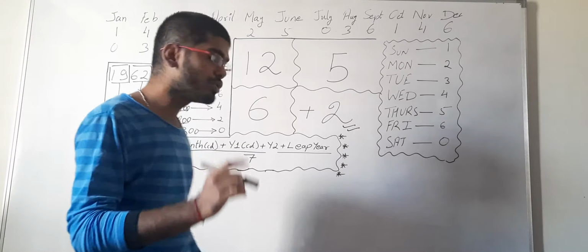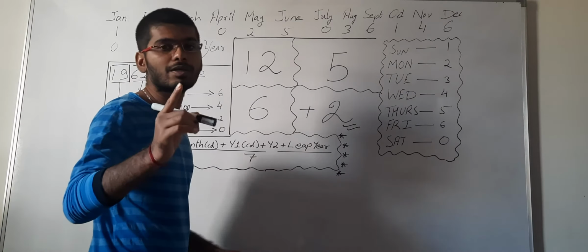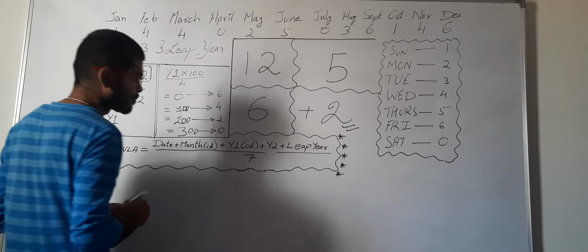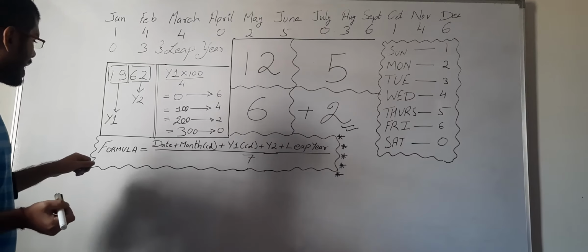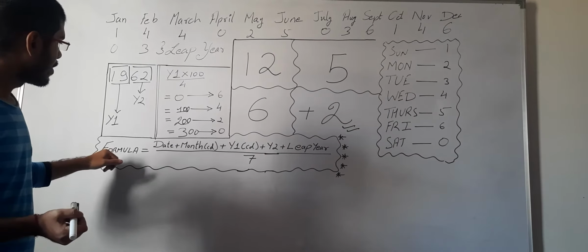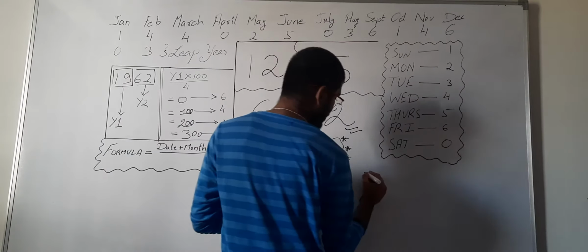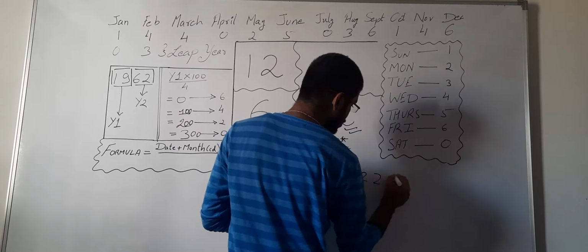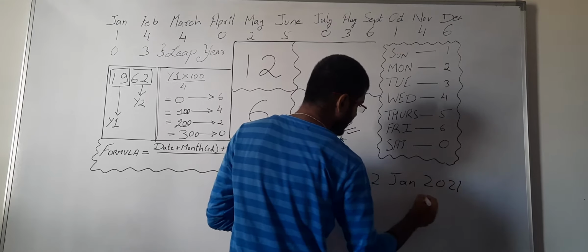Where are we focused on quotient? We are focused on quotient with year 2 for finding the leap year. We'll see that ahead. Now guys, we have a formula, and how to remember this formula? Suppose I have a date of say 22 Jan 2021.